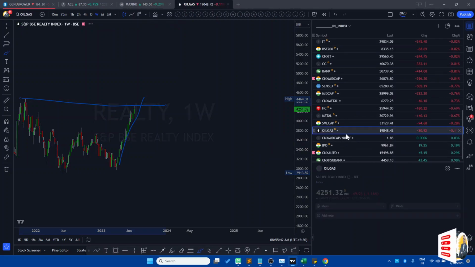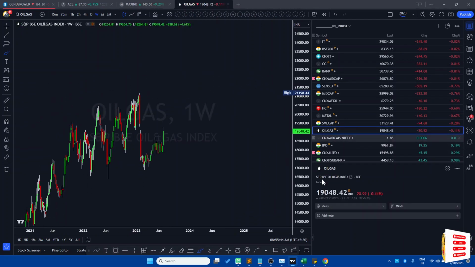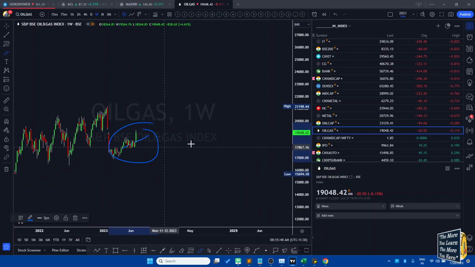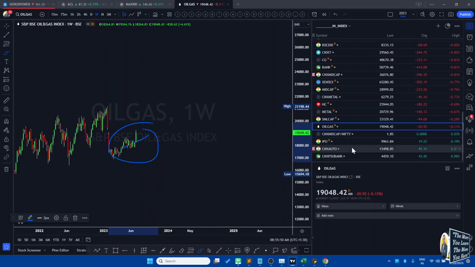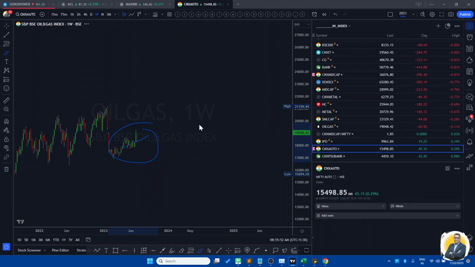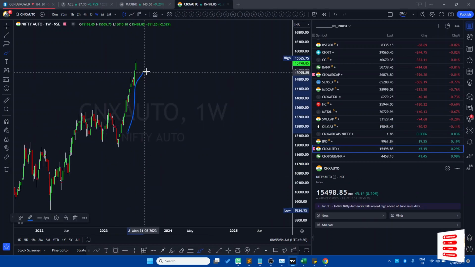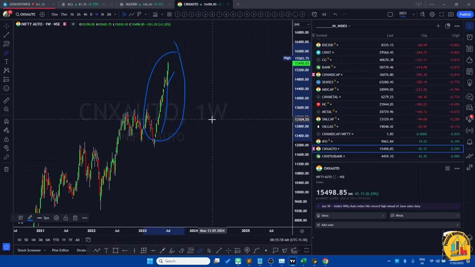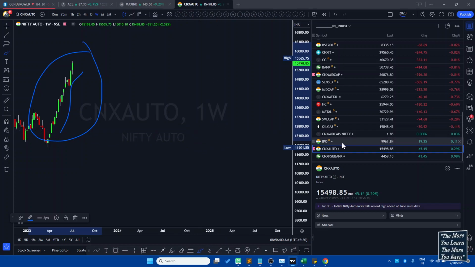Again, oil and gas has also been in a good rally up. A lot of IOC and all had a good pop last week, so you can look at that. Okay, and auto is anyway rocking like crazy. You can see here Maruti is almost coming near all-time high, and it's a sector we have to watch out for. But what I am expecting, I will tell you at the end. That's a bonus part which I'll tell you.